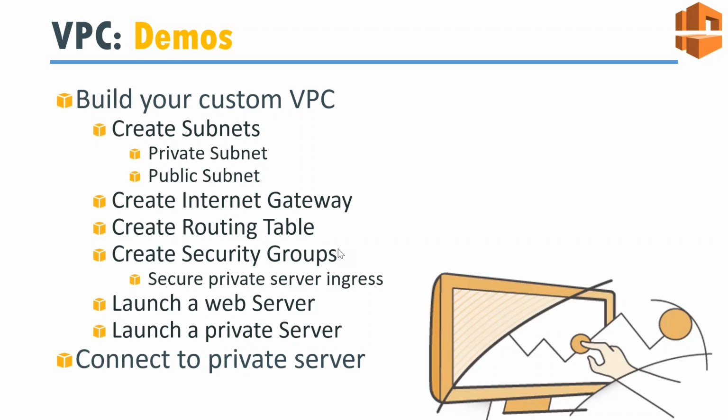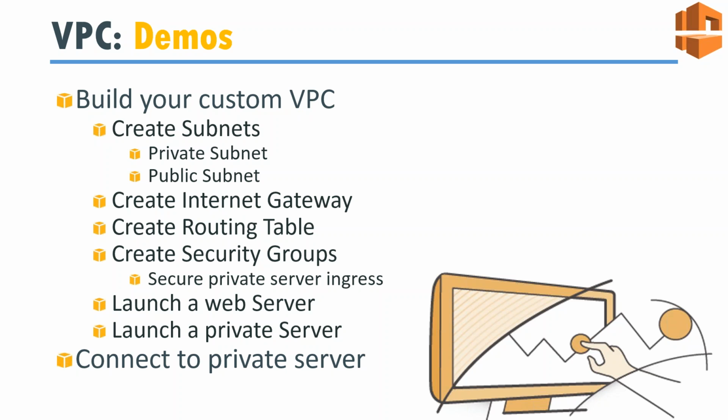Okay, today we are going to do a custom VPC demo, and as you can see on the screen, this is the configuration for our custom VPC. We are going to create two subnets, private and public, and then we are going to create an internet gateway so we can connect to that server, and we are going to create the routing table, the security groups necessary